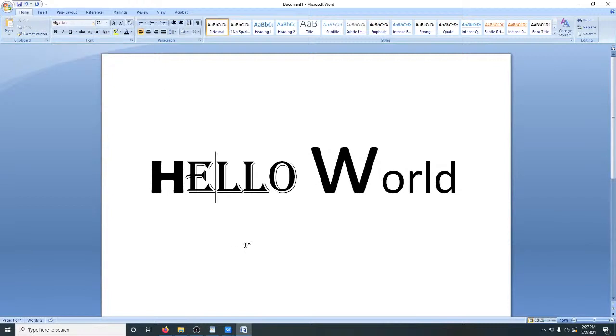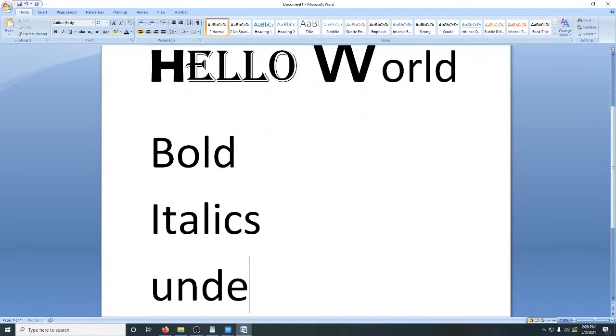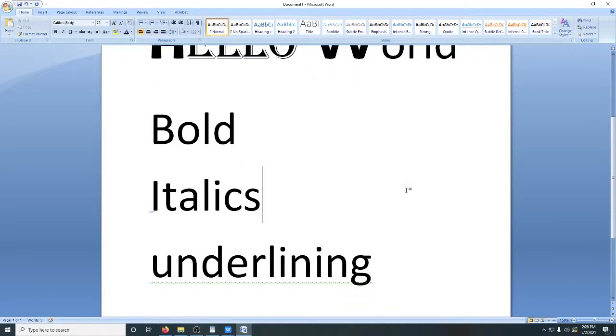Let's look at how to work with bold, italics and underlining. So let's look at making something bold, and italics. Then let's look at what we mean by underlining. I'm going to select each of these words and apply the functionality that is attached to this word. These are different words. We have bold,